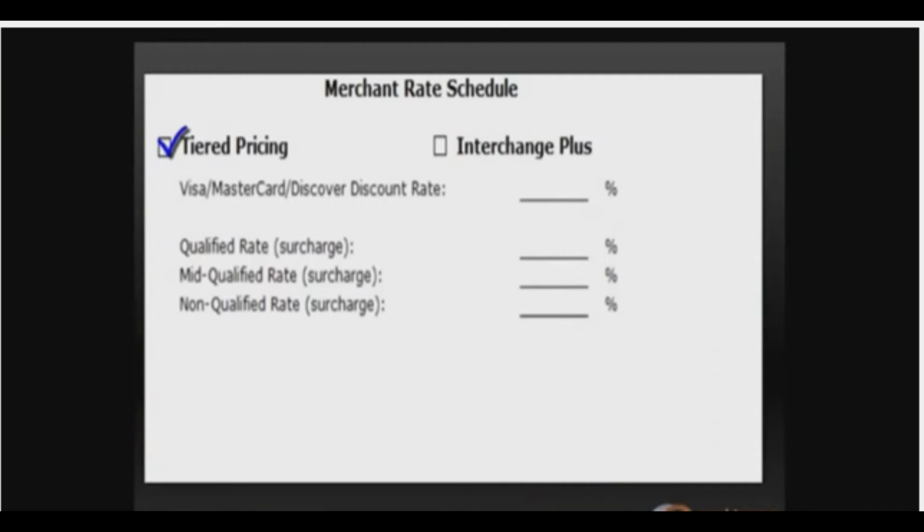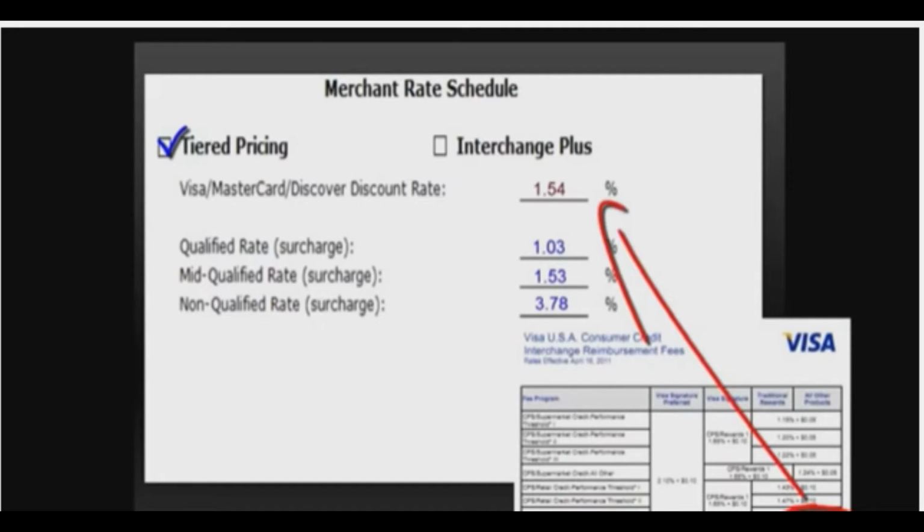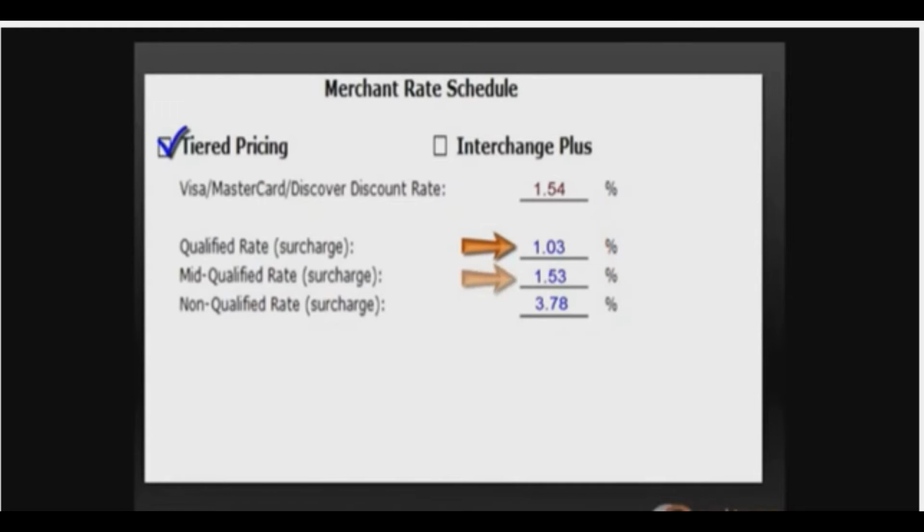For example, let's use the lowest teaser we can find of 1.03%. And for mid-qualified transactions, a rate of 1.53 and 3.78 for non-qualified transactions for this example. For regular Visa and MasterCard transactions, let's use a rate of 1.54%, which is a common rate from the Visa wholesale rate sheet. Now, if you're wondering why the rate for the qualified and the mid-qualified is lower than the